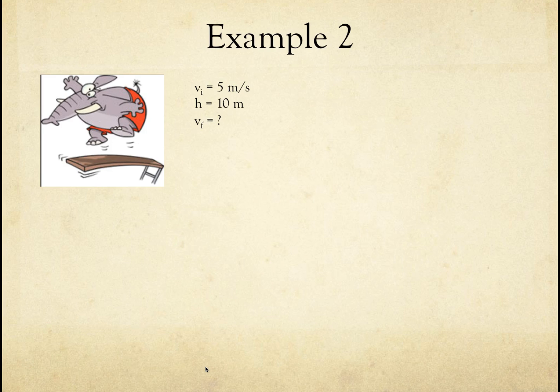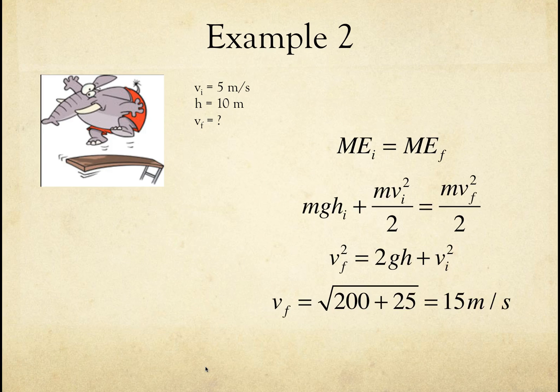So you do initial energy equals final energy. Now notice that initial energy is now not only potential, because the elephant is on the board which is above the water, but also kinetic energy to add to it. So my mechanical energy initial is potential plus kinetic, and my mechanical energy final is just kinetic, if we want to know the speed with which the elephant hits the water when it falls all the way down through these